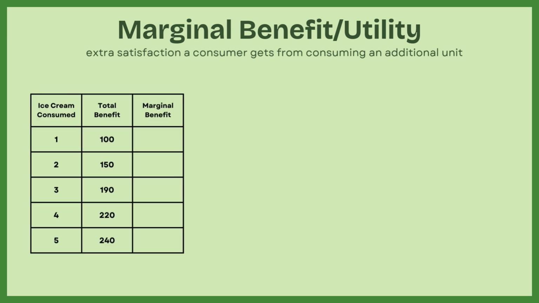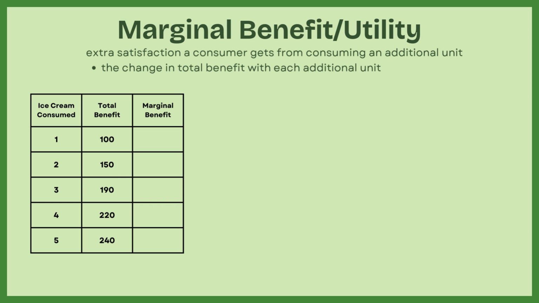Here is the benefit chart for consuming ice cream. On the left we have the number of ice cream consumed, and in the middle we have the total benefit as you consume more ice cream. Let's fill out the marginal benefit column. Remember that marginal means a change in total, so marginal benefit would be the change in total benefit with each